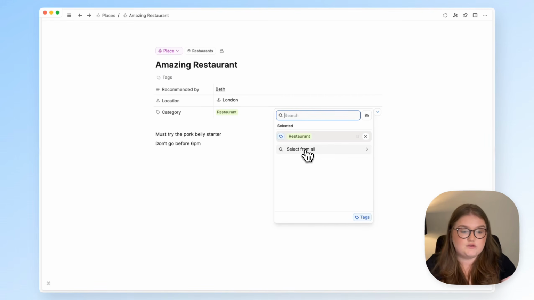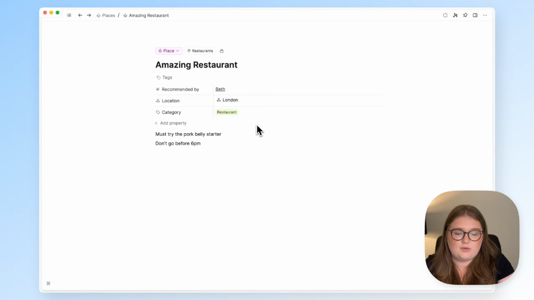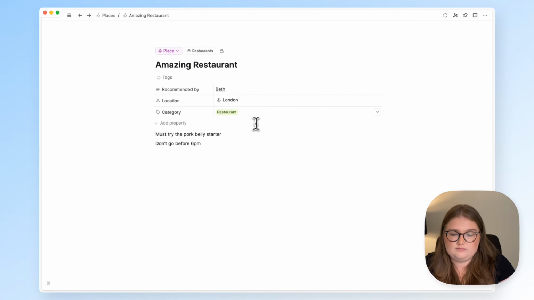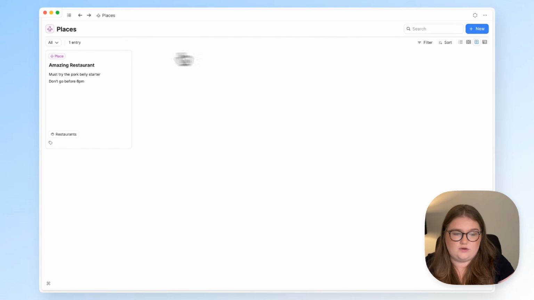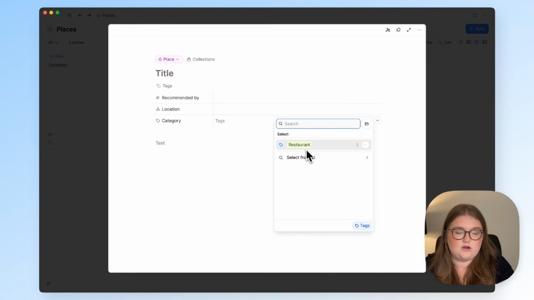You can still search for the other tags that you have and bring that into this drop-down menu that we're creating here, but it just keeps everything a little bit tidier as your network grows, which I think is quite handy. And that's what a fixed set does. So here I only see restaurant. So if I add a new place, the only thing I see in that category to start with is a